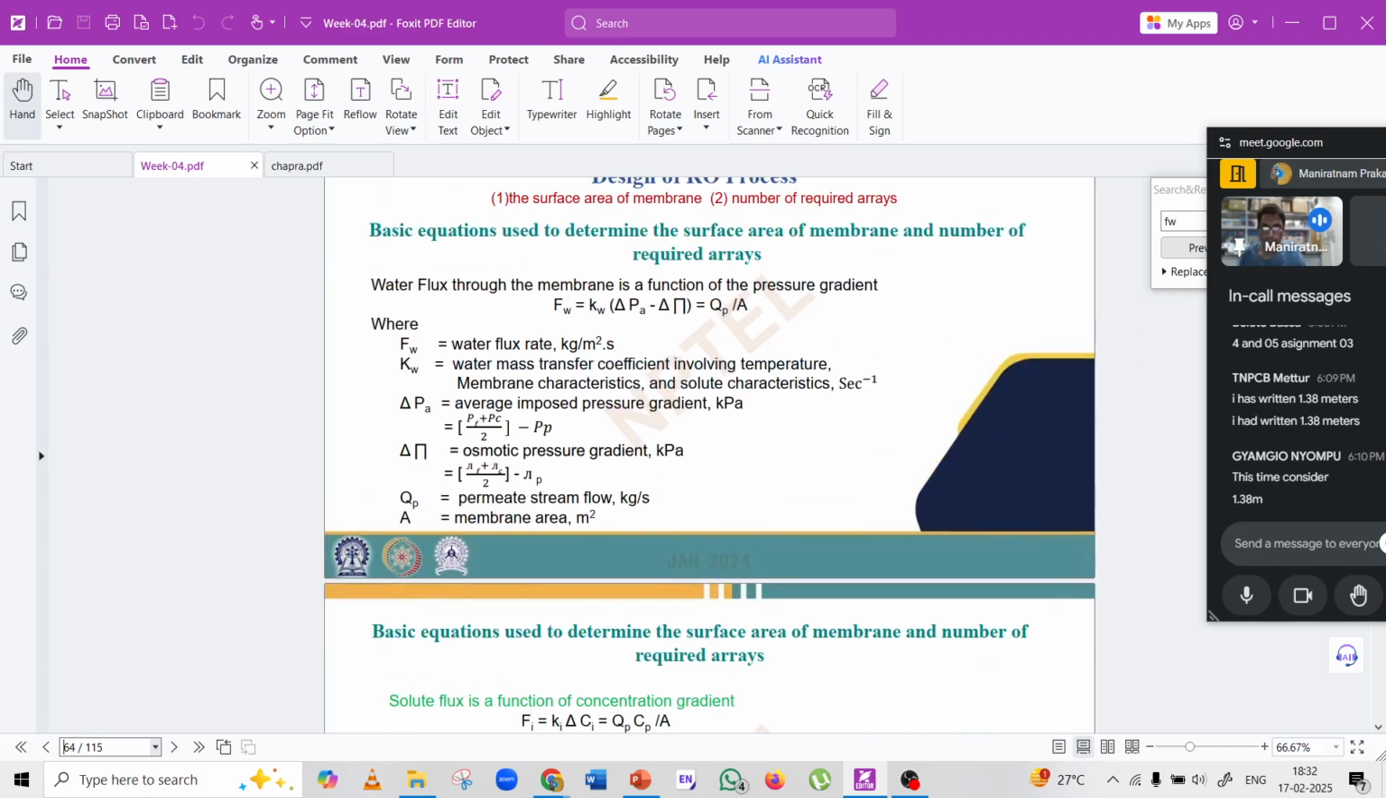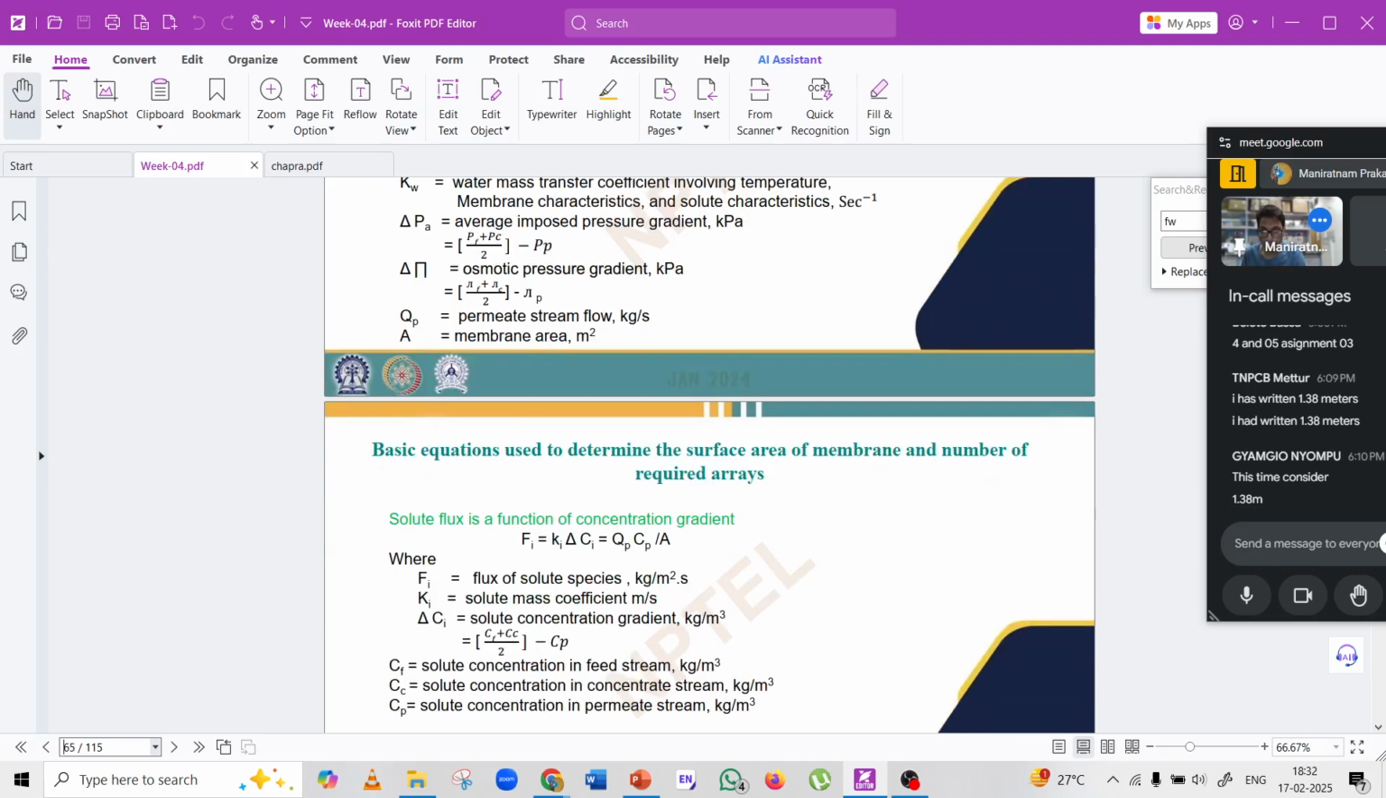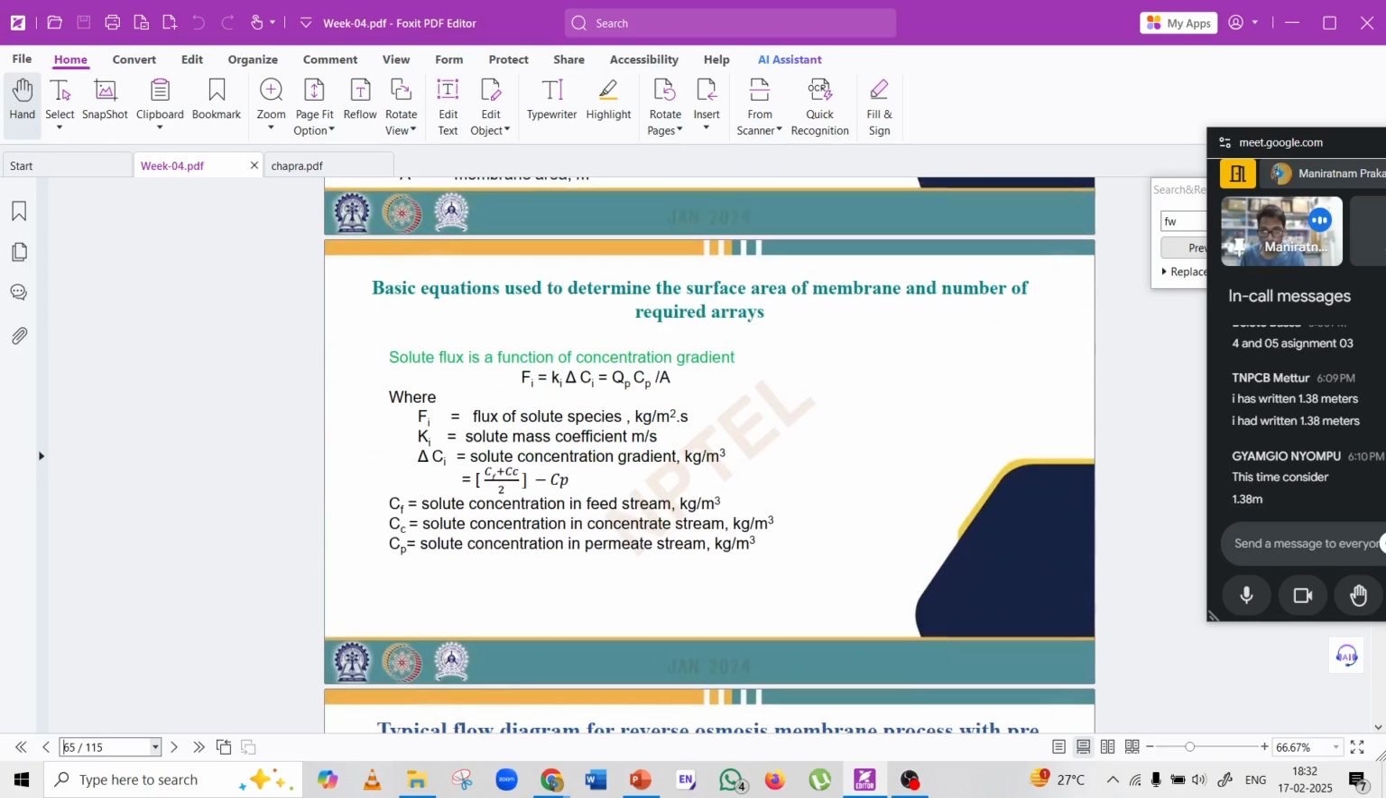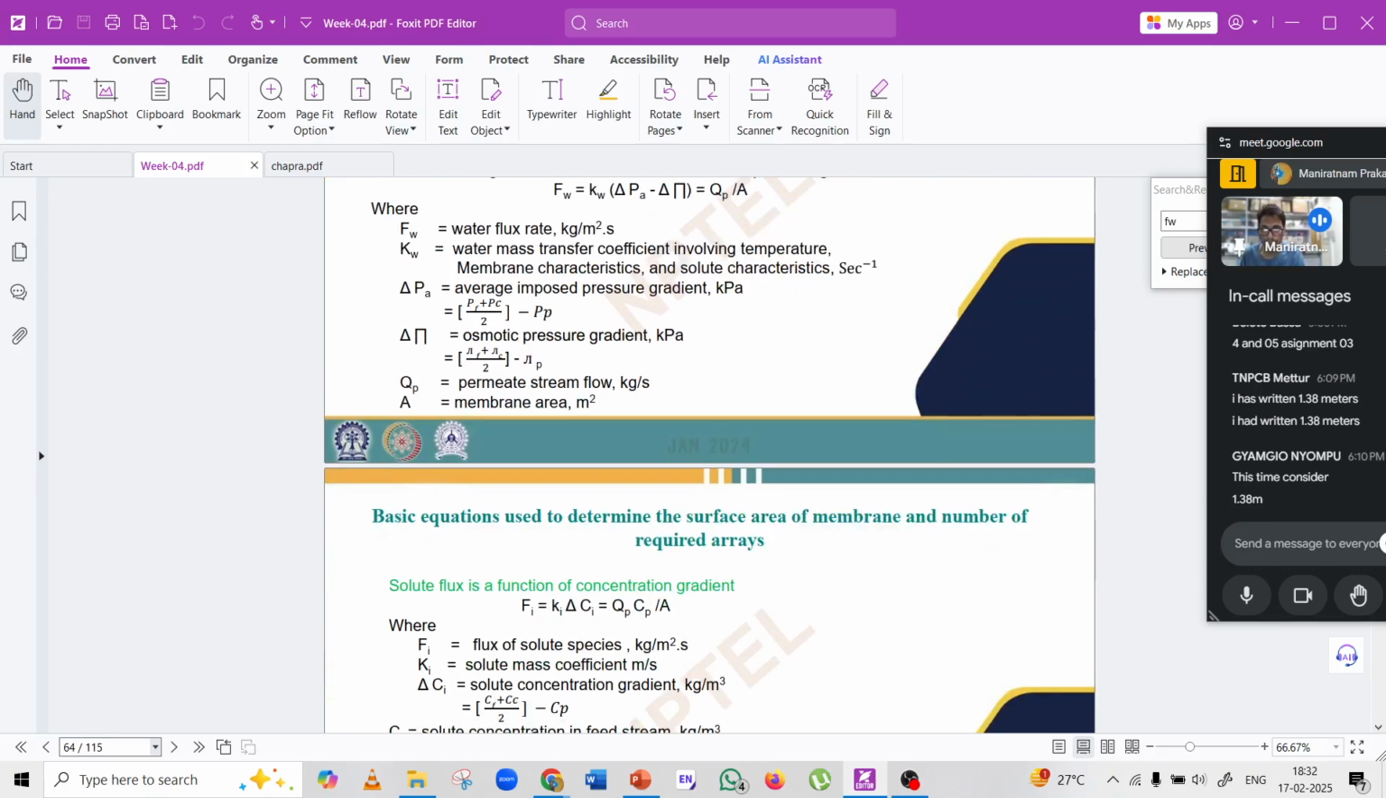See, this is the thing which I have already said: the water flux rate is Kw times the average pressure imposed minus the osmotic pressure, which is equal to Qp by A. Actually, this formula is itself in kg per second. That's why we have converted meter cube per second into kg. Okay. Solid flux is a function of concentration gradient. Then we will be using